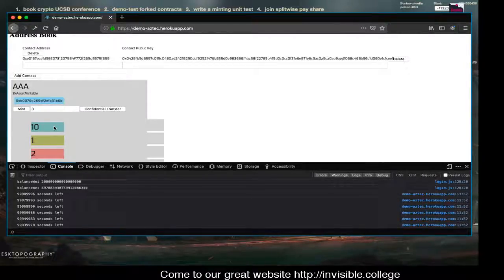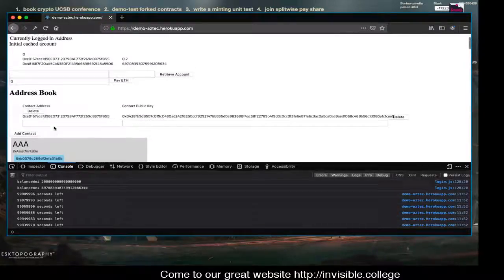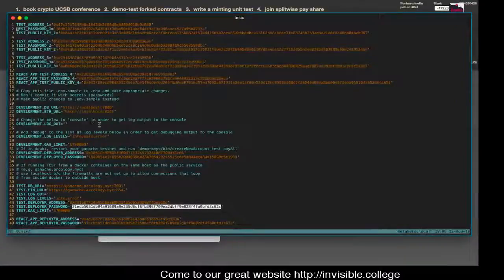So it'll still be owned by you and spendable by you. So first, let's make an address, or pretend that you have a friend on a private messenger or on Slack, and you want to be able to send them notes. So you ask them